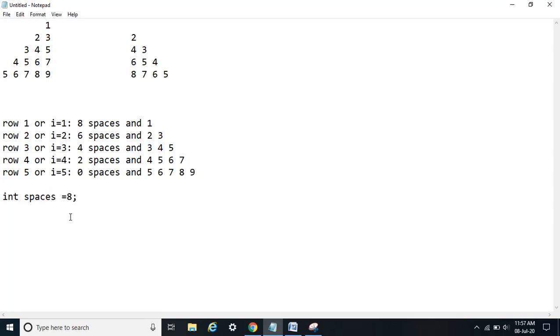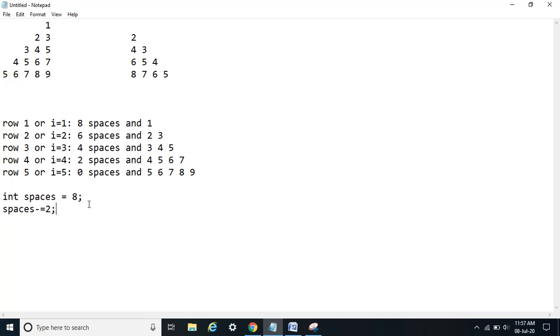In the first row, I will print 8 spaces and after that I will reduce the value of spaces by 2. So I will do spaces minus equals 2, meaning spaces equals spaces minus 2. Automatically in the next row I will have 8 minus 2, that is 6 spaces, after that 4 spaces, then 2 and then 0.